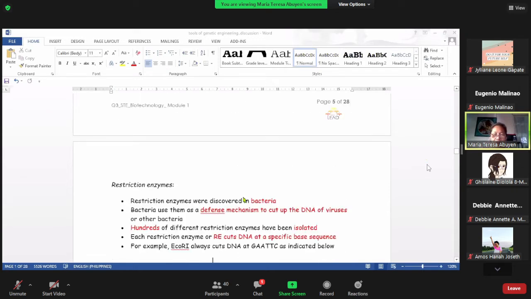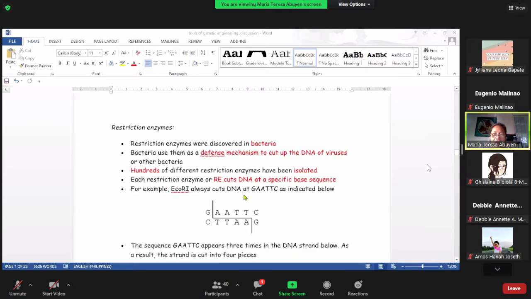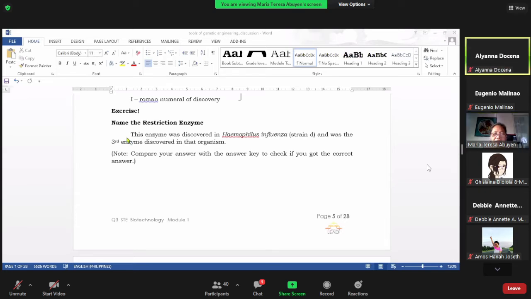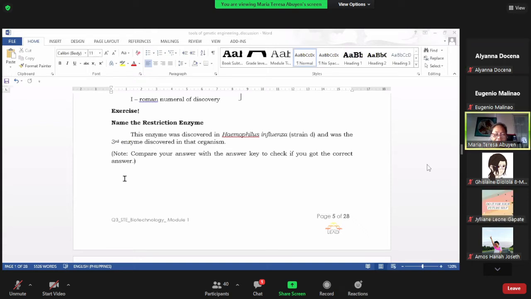Do you want more exercise? Yes, ma'am. Okay. What if? What will be the name, or how will you write the name of the restriction enzyme if the restriction enzyme is,